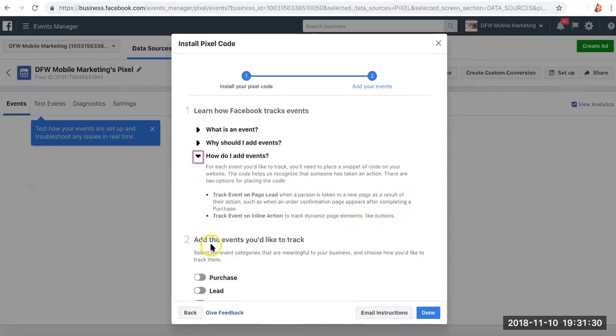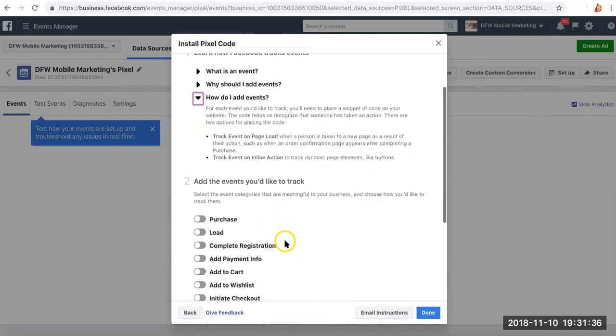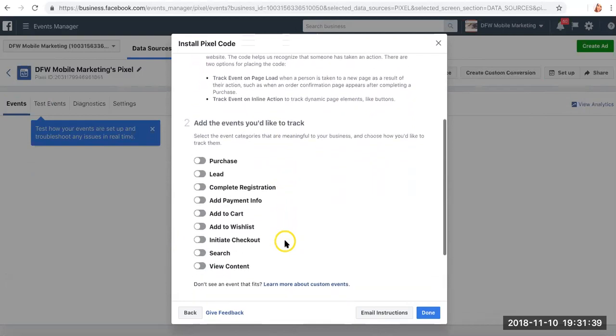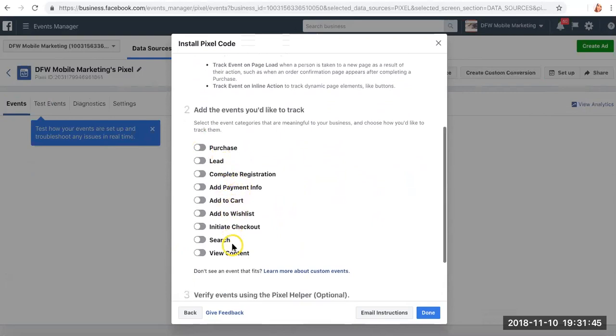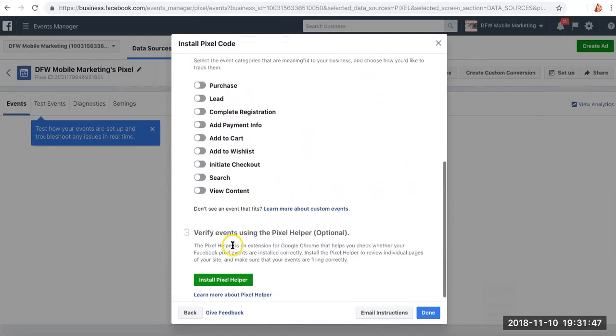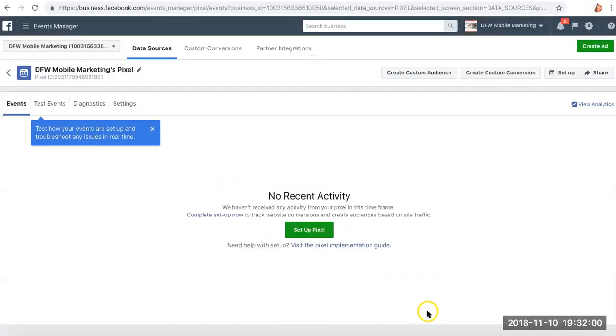So add the events you'd like to track. Select the events categories that are meaningful to your business and choose how you'd like to track them. So here's all of the events if you'd like to track. Now, these really don't apply to us for who I'm making this video for, but this is another pretty interesting part of getting a pixel. So now that we are done,